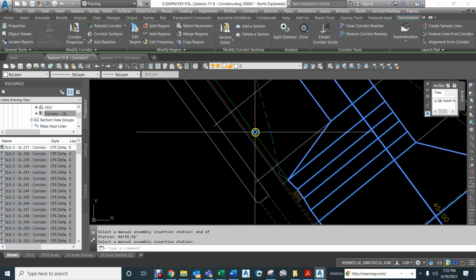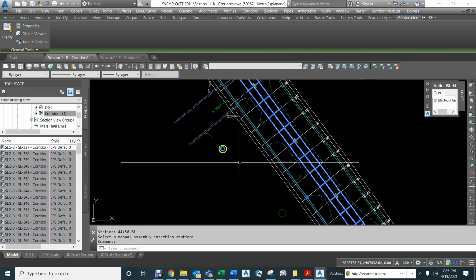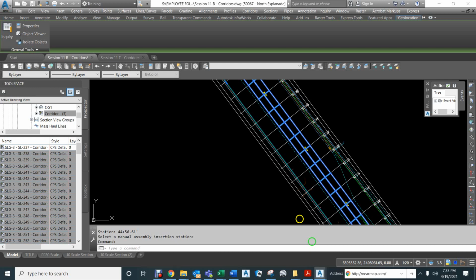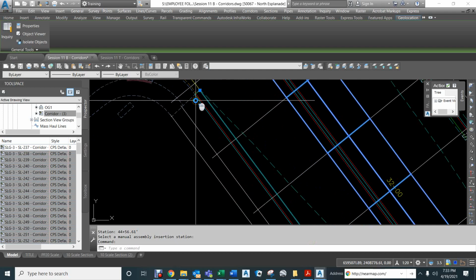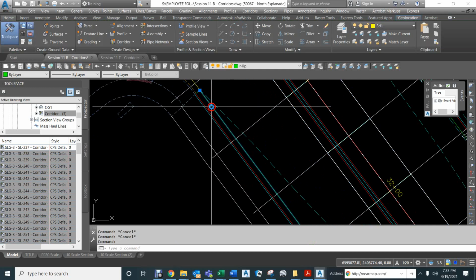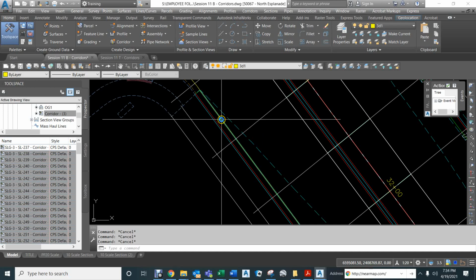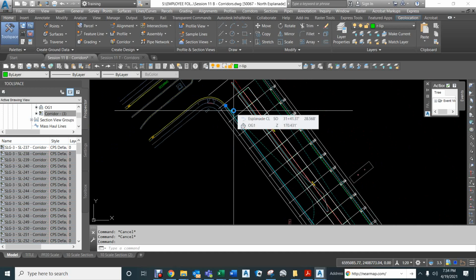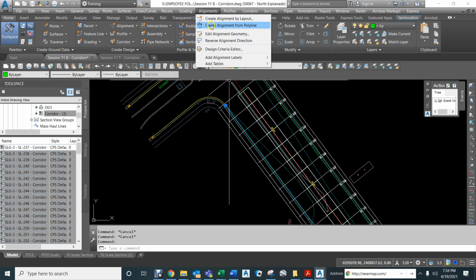So if we're just going to do a straight grade all the way through, then there's an easy way to do that. But these are long curb and gutters. So probably the best thing to do in this case is have these built into alignments and cut profiles with them, so you can control and present the profiles to the contractor much easier. So to do this proposed curb and gutter, I would go to the alignments, create an alignment from a polyline,